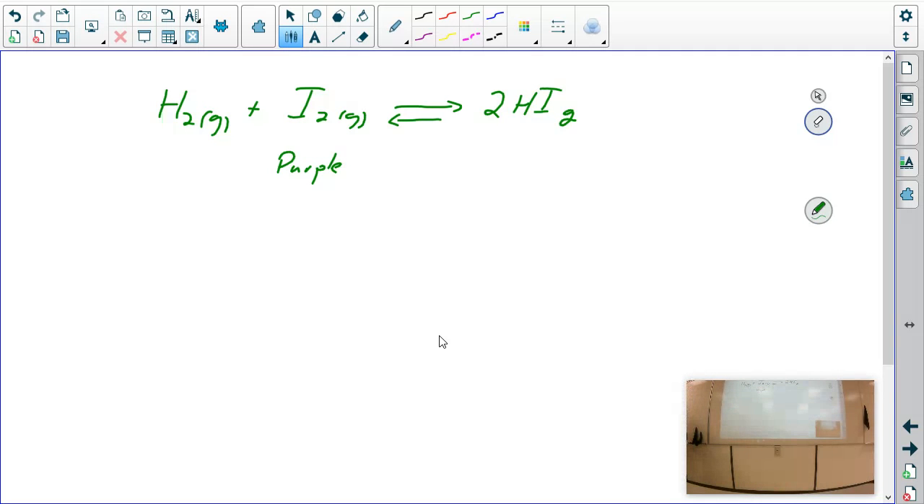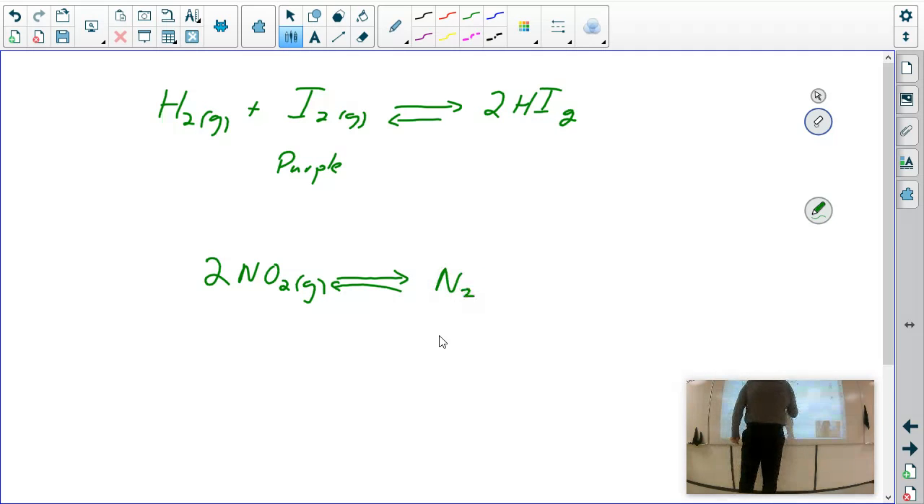I just want to find one more chemical as well. I might use that one. Okay, so